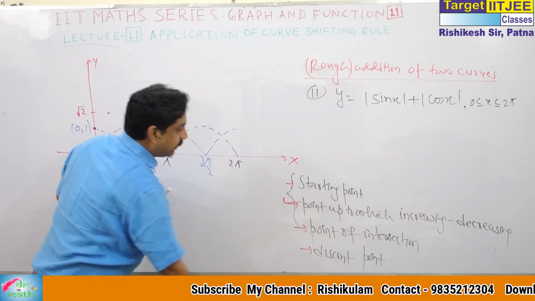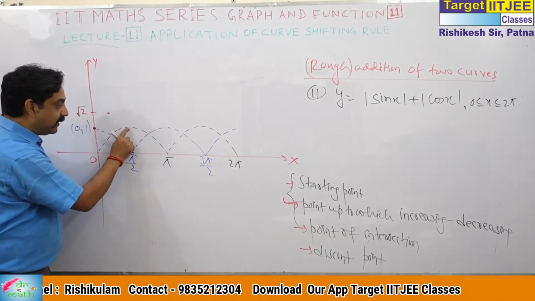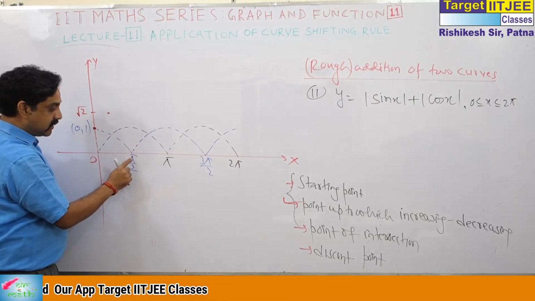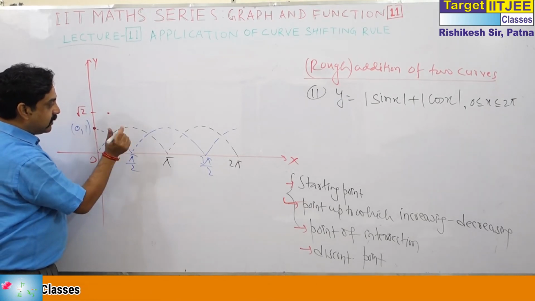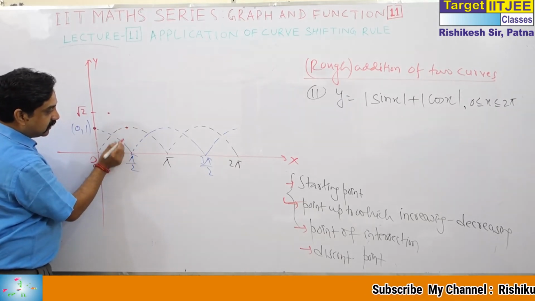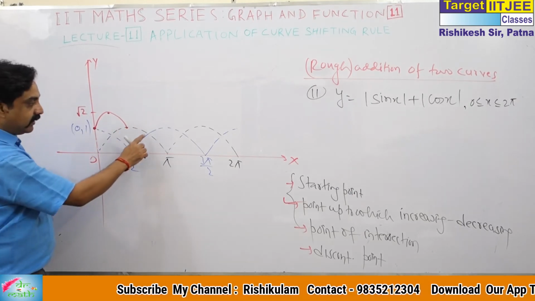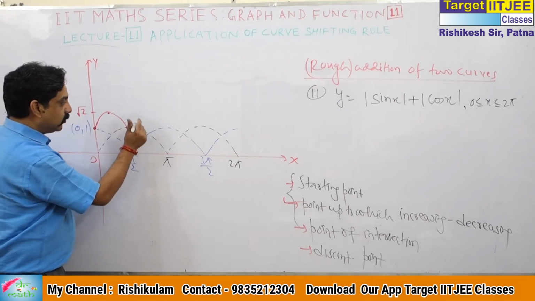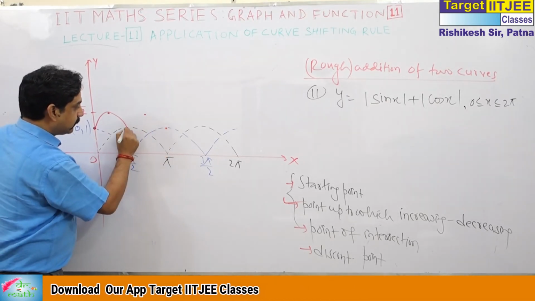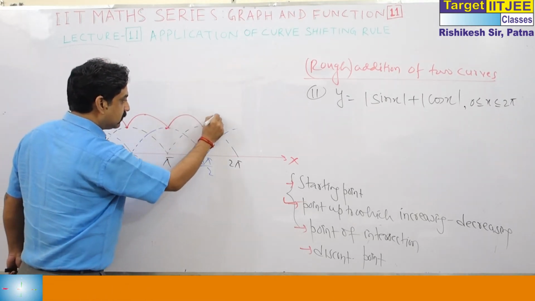Now points come into play, the point up to which it is increasing and decreasing. So I will take this point before the point of intersection. This is 0 and this is 1. When we add 0 and 1, this is 1. At pi by 2, cos is 0, sin is 1. So nature is like this. Now, again we take this point. By symmetry, you can say this will be here, just like this, and by symmetry, this will be here. That I will do by symmetry.